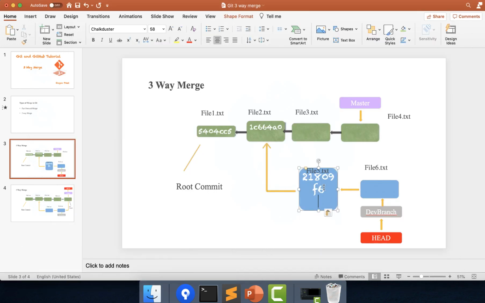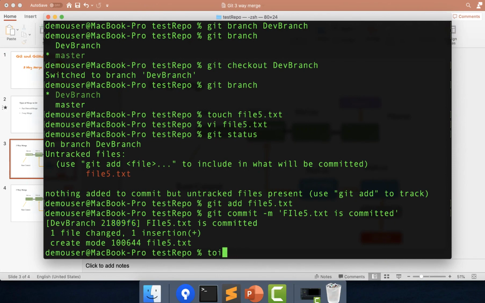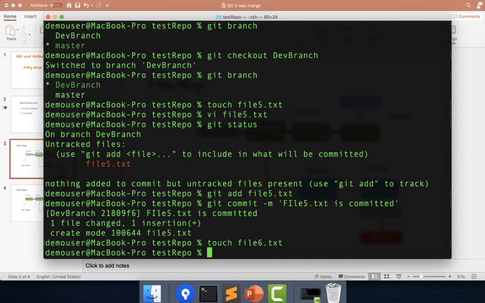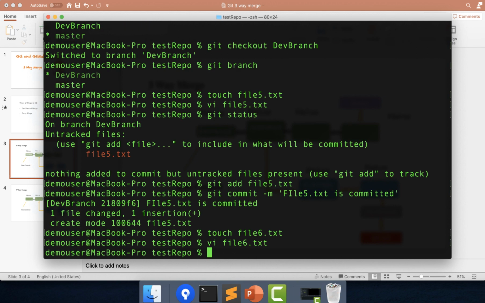I will just copy it here quickly, format it again for our records, and I will again do one more commit. So I'll just go back and show you here. So you can see master is over here, a new branch is created with file5, commit is done. I will do one more just to make sure we have some data while we do a merge operation. I will again do edit operation on this file. So I will type file6.txt and I will do insert operation, say t is created, it is done.